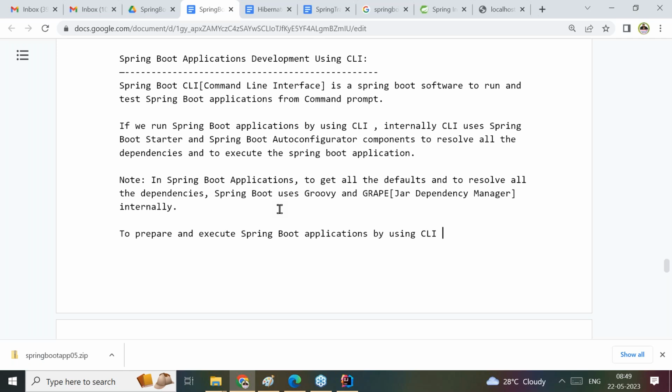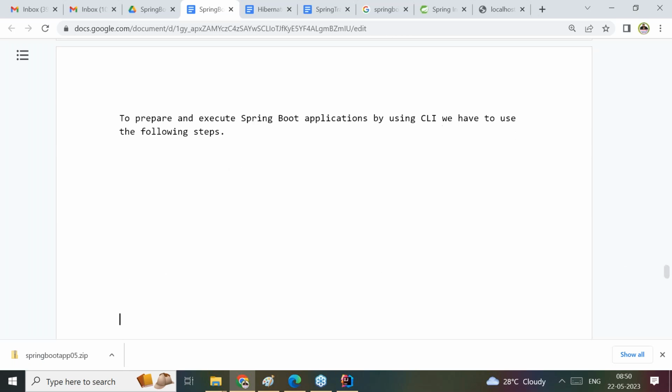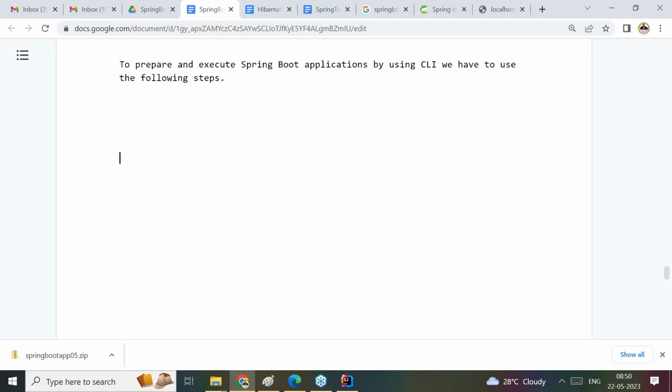by using CLI, we have to use the following steps. What are the various steps here we have to use? Now try to recognize, guys, all of you know. Everybody observe carefully. Here we are going to use some steps. Step number 1, observe carefully. Download and install Spring Boot CLI. This we have to install separately. Spring Boot CLI. Okay. After completion of this,